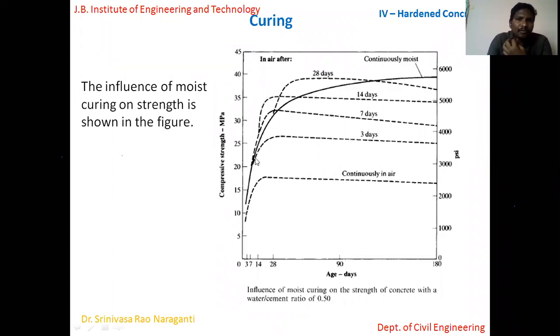Another case is that you do curing only for the initial 3 days, then take the specimen out and put it outside, with no further curing. It will gain strength up to some age, maybe about 20 to 25 MPa. Then if you don't do any curing, it stays almost the same. Rather, it decreases nominally, but stays almost the same. The same case applies here.